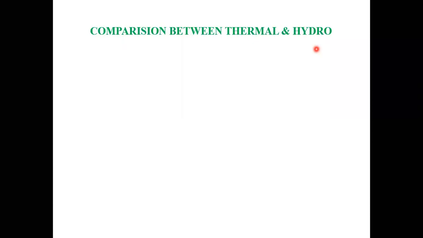But combined, we will get the benefit only when you use those two in a proper manner. Similarly, here also the same thing. Thermal power plants have some advantages. Similarly, they have some disadvantages. And coming to the hydro power plant, it has some advantages. Similarly, it has some disadvantages. But when you join these two as a combo, then we will get the output in a positive manner, provided we operate these two in a proper manner.